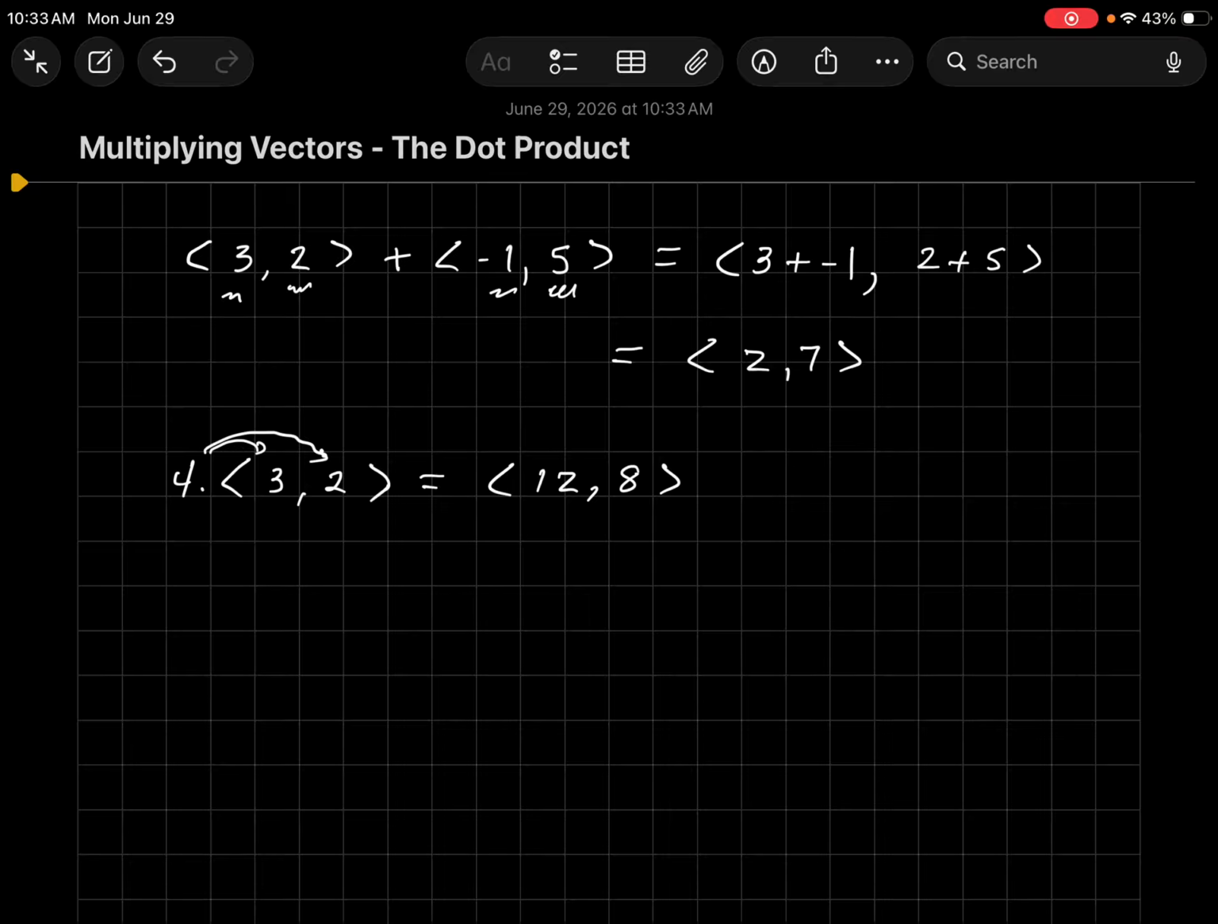Now, what if we wanted to multiply two vectors together? So let's go ahead and multiply the vector 3, 2 times the vector -1, 5. There are actually different ways of multiplying vectors. The two most common are called the dot product and the cross product. In this case, I'm going to do something called the dot product, which is why I put a dot between